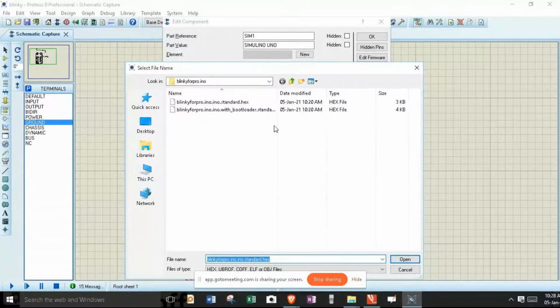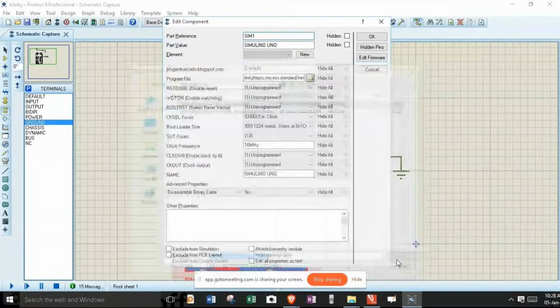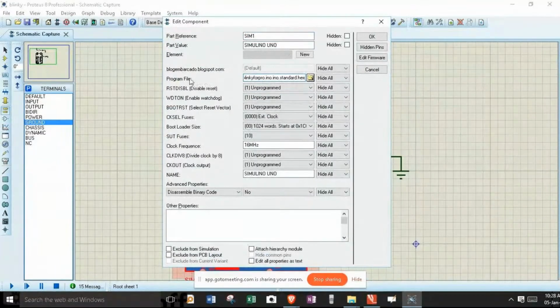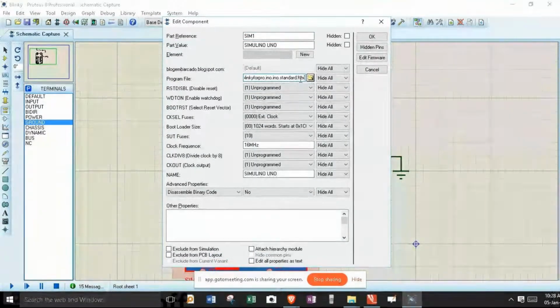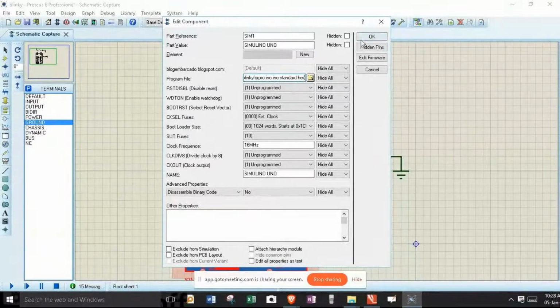I hit on this Open button, and you can see that this program file has been loaded with this hex file, and all I've got to do is hit OK.